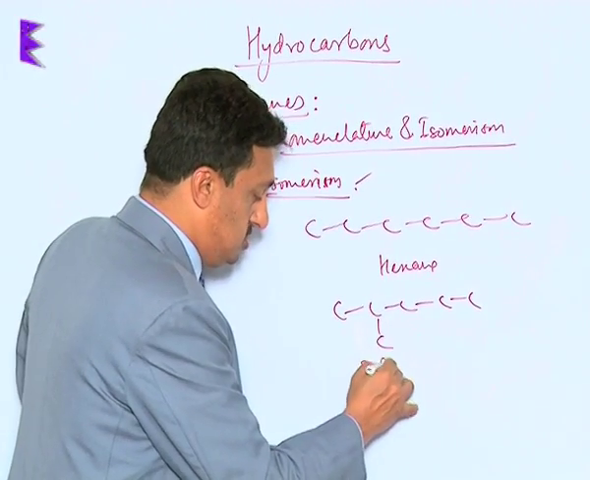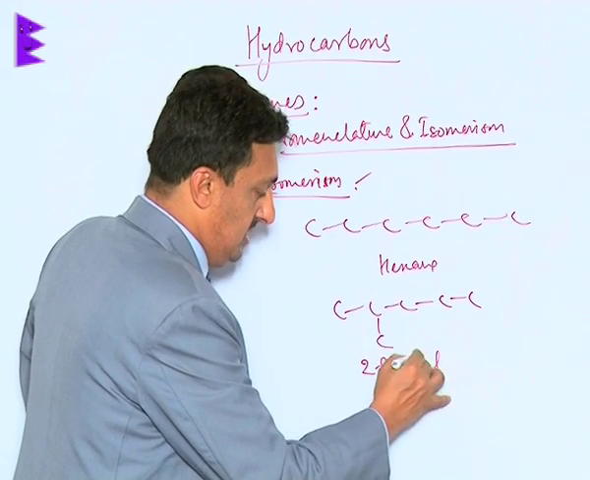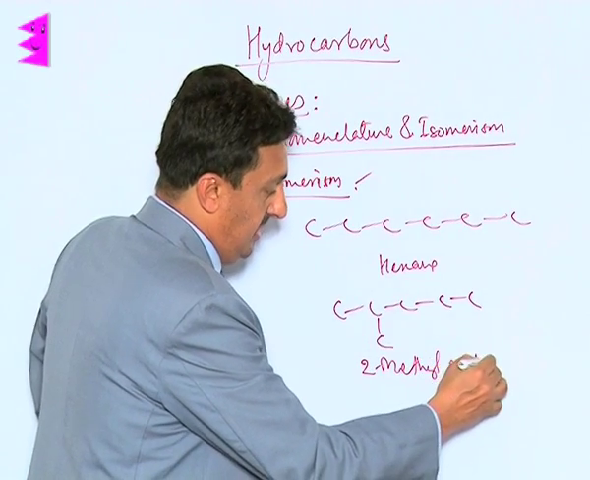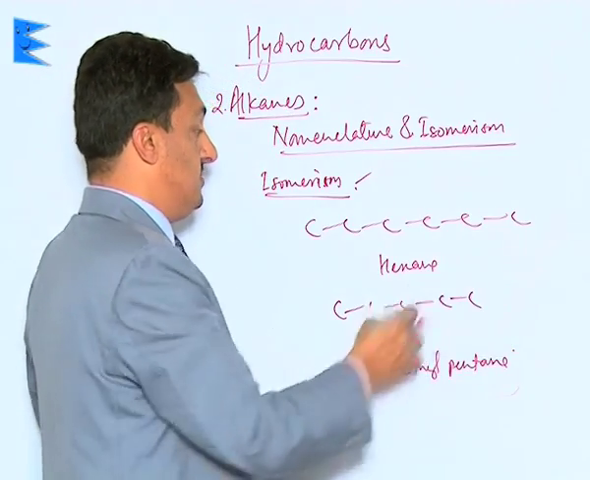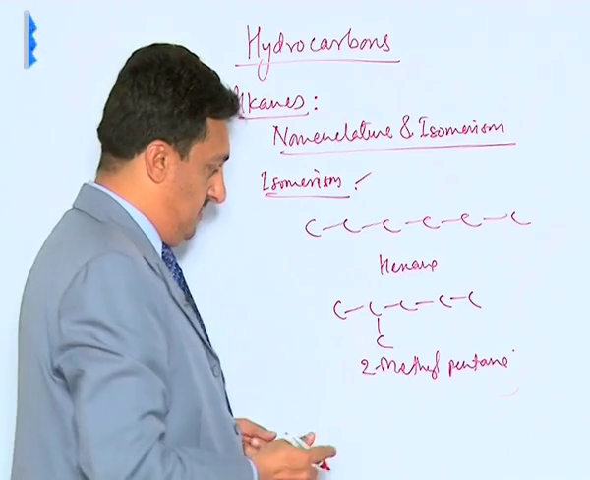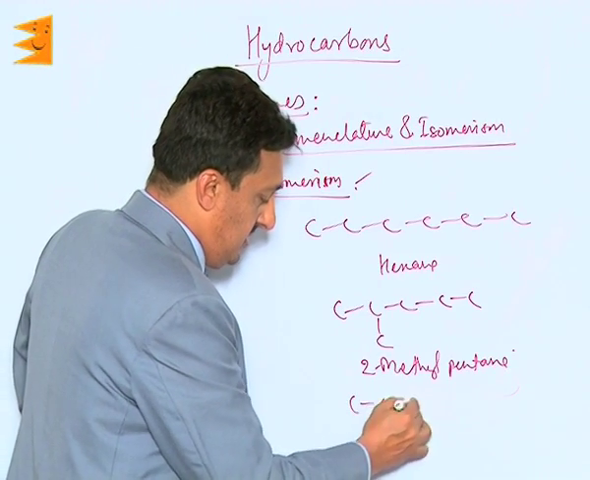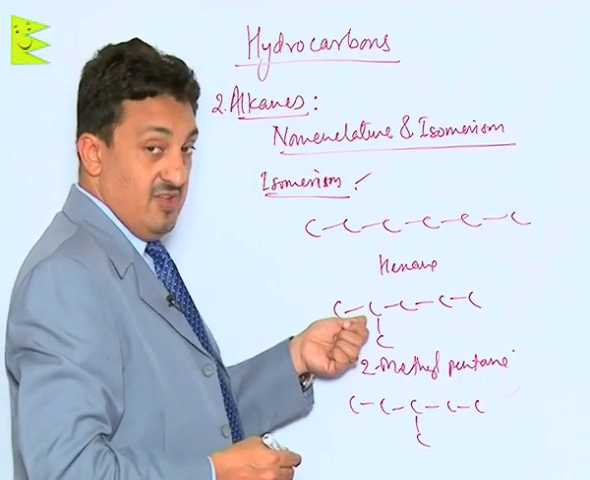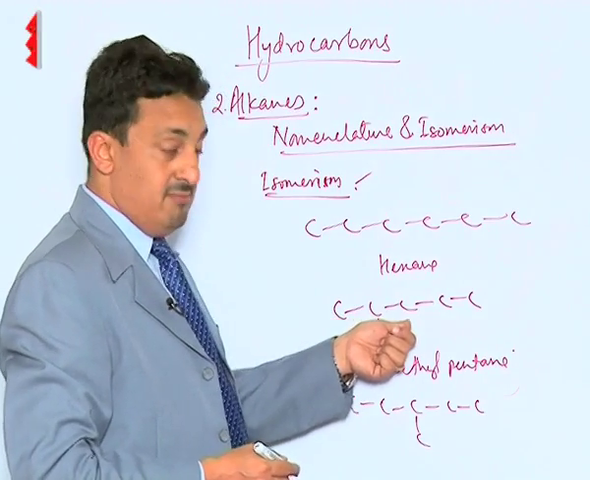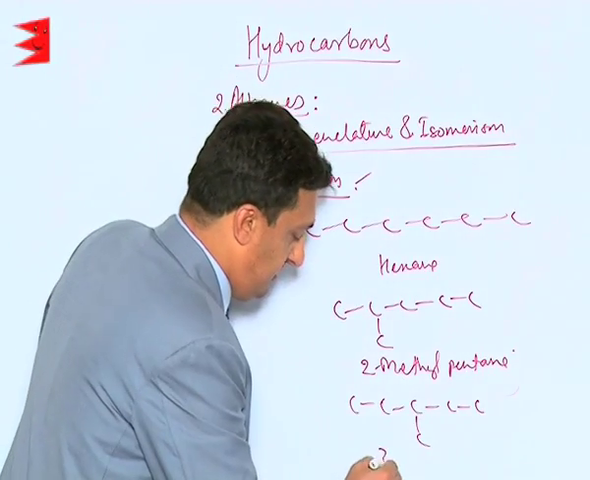So we call it 2-methylpentane. And remember, these two are the chain isomers of each other. In a very similar way, remember, if I change the position of this methyl from carbon number 2 to carbon number 3, like this one, this is